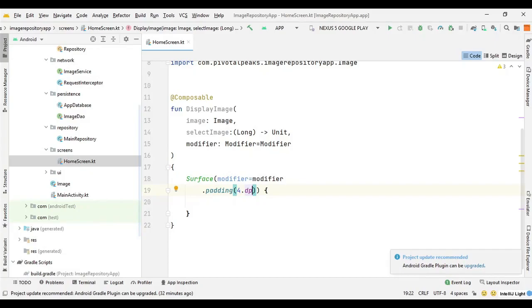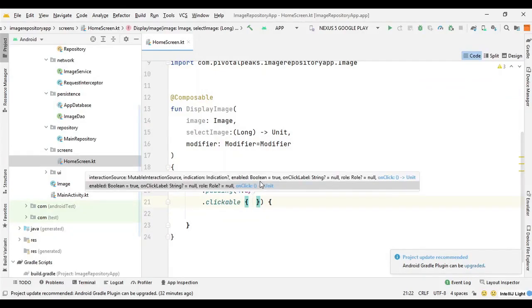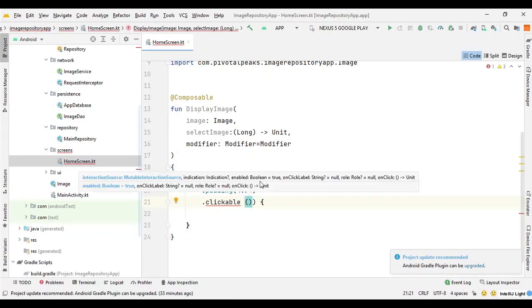Then we want to have a clickable effect on the image, so we can say .clickable. Not this one, but this one.